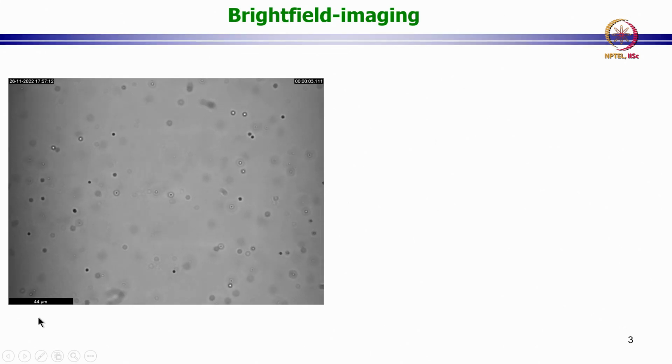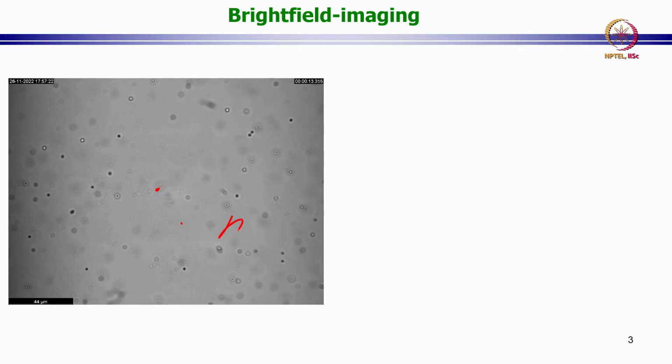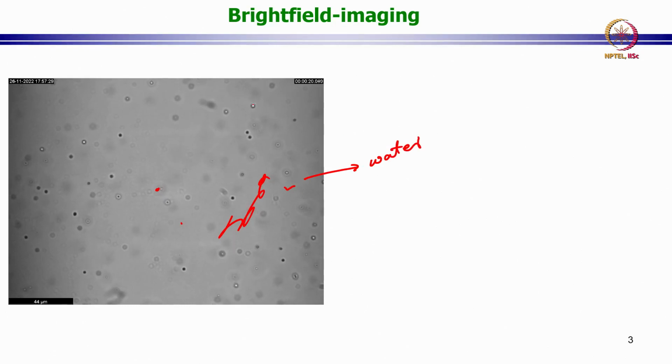Okay. So, you can see these particles are slowly moving, and this is your water, right. So, this background right here, this is your water, and all these are 1 micron polystyrene particles. These particles are such that they are neutrally buoyant in water. There is no flow, but you can see that they are moving. This movement is caused by Brownian motion. So, we will see that when it comes to creating flow fields from images of tracer particles, the Brownian motion is one of the things that we have to